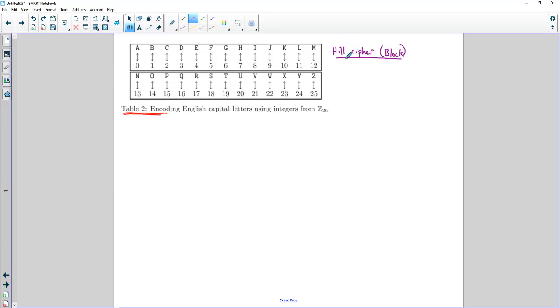Okay, so we're going to talk about why the Hill cipher would be used and the weaknesses of the other ciphers that you could possibly use. So, other ciphers you could use, like the shift cipher, the affine cipher, substitution cipher, all these different types of ciphers. The weakness for them is that a given letter in the ciphertext always comes from exactly one letter in